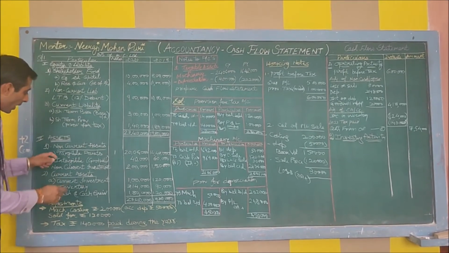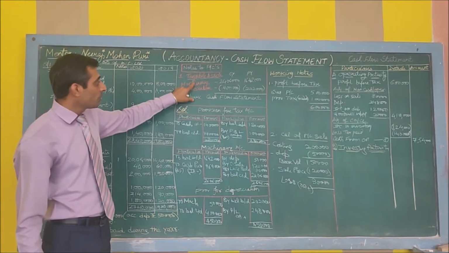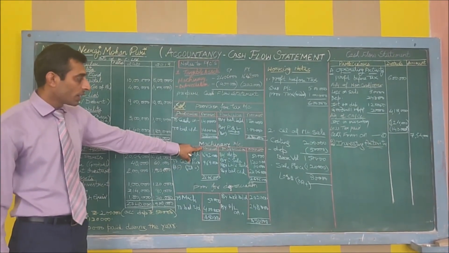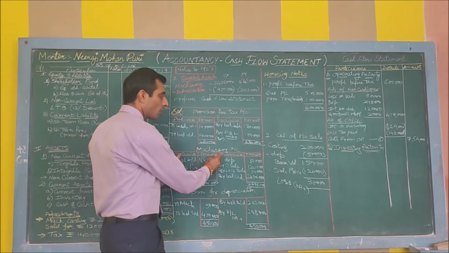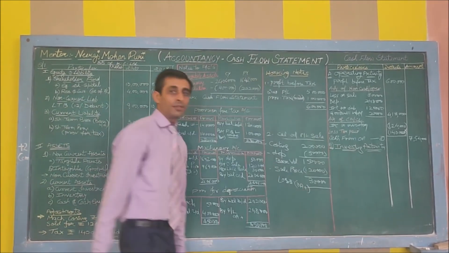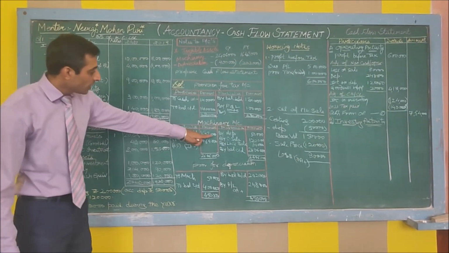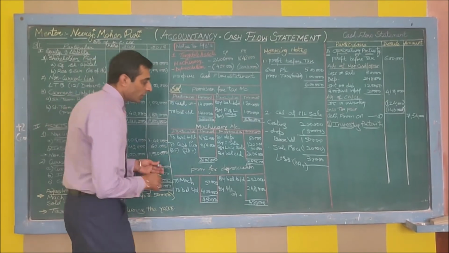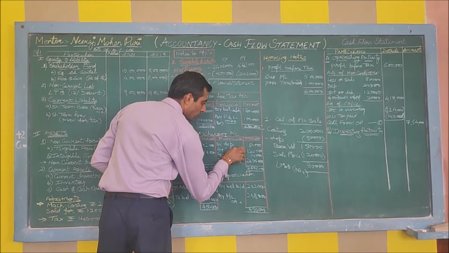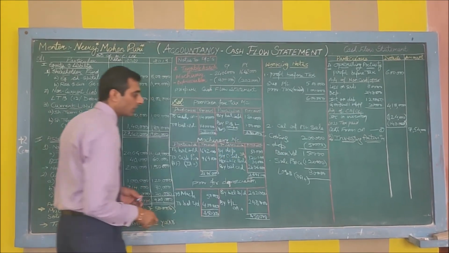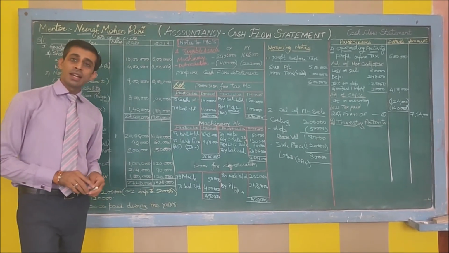As far as tangible assets are concerned, we have been given only one asset, machinery, for which we have prepared a ledger account. So we will not take any information or difference from here. We will transfer data from the machinery account to investing activity. This was the purpose of preparing the machinery account. See here the machinery account, where there was a cash sale. I have already intimated that cash sale will be shown in investing activity as a positive sign, and cash purchase will be shown in investing activity as a negative sign.